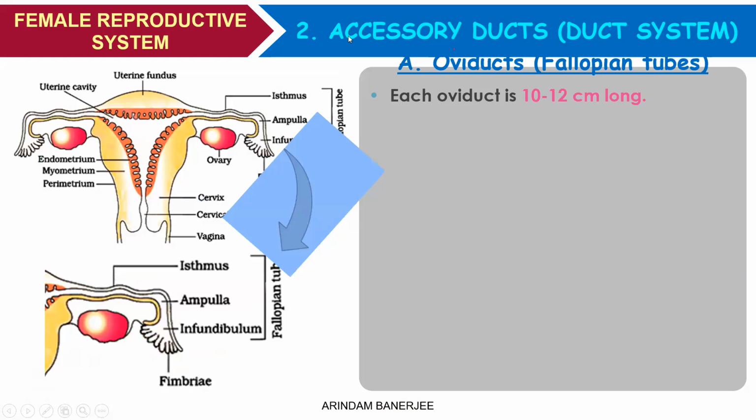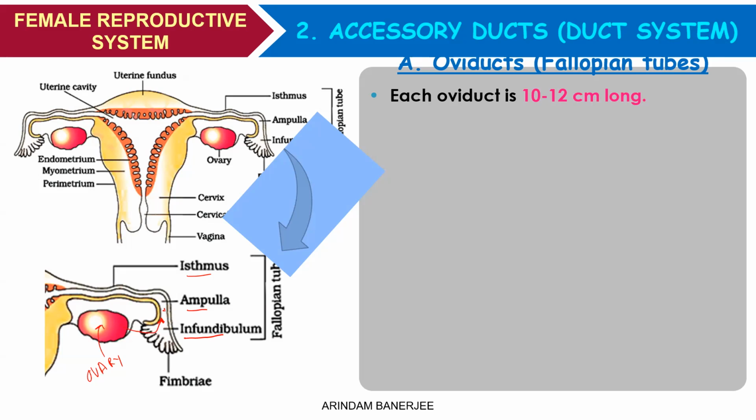Now, if we look at the details of this oviduct or fallopian tube, you can see the fallopian tube has 3 parts: infundibulum, ampulla, and isthmus. This is the portion of the ovary. The ruptured Graafian follicle releases the secondary oocyte, or you can say ovum. Technically this is the secondary oocyte, and it comes through that way.